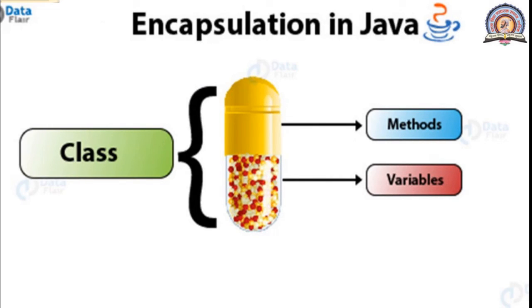Then the next important feature is encapsulation. Encapsulation is nothing but wrapping up of data and methods or functions, and that is formed as a class. A class is nothing but a collection of data members and member functions, a wrapping up of data members and member functions. So the outside world cannot have access to the private members of the class. So encapsulation basically supports the data hiding property.